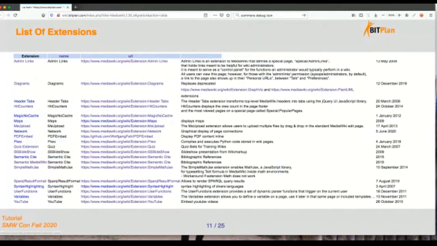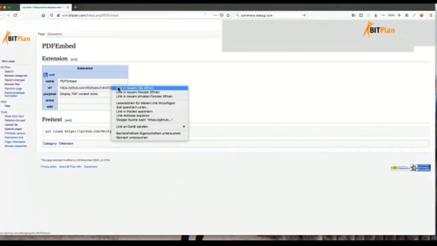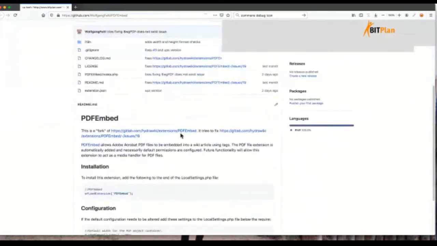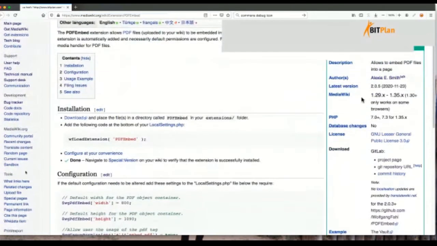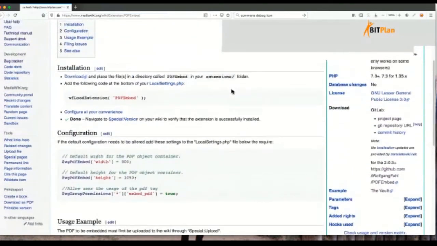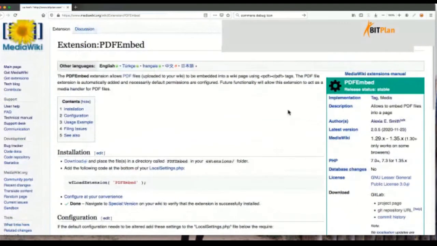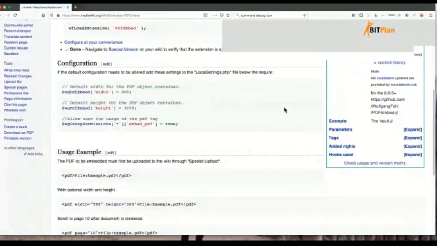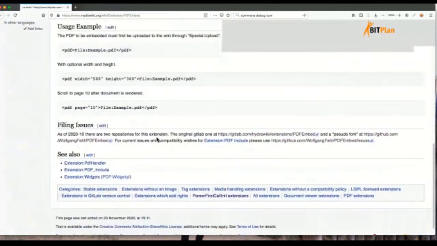I think it might have been PDF Embed. Yeah, so this is my fork, and the original one was done by Alexia E. Smith, and that's an example where you can say, okay, then write an email to Alexia, try to work on these things, but if you don't get an answer, well, you have to work on these things yourself.